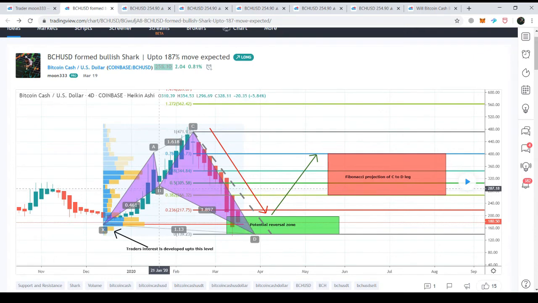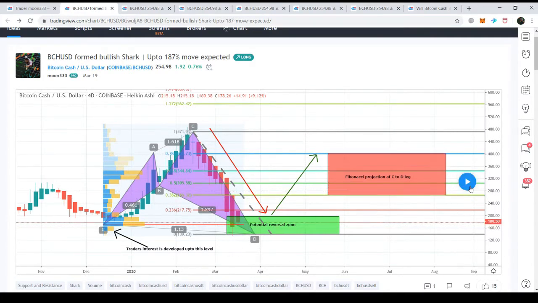Then we have seen the projection of the B to C leg between 1.13 to 1.618 Fibonacci projection of the A to B leg. Then the final leg is retraced between 0.886 to 1.13 Fibonacci retracement level. So this was the second confirmation, and this was the third and final confirmation of the bullish shark pattern. And here, as per the Fibonacci sequence of this bullish shark, I predicted that the price action should take the bullish divergence from here, and it should enter the projection area of 0.382 to 0.786 Fibonacci projection of the C to